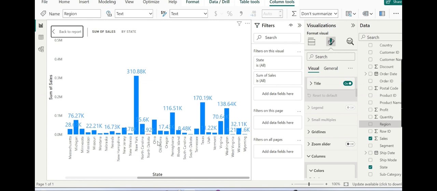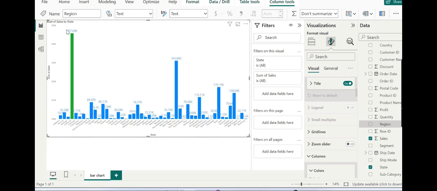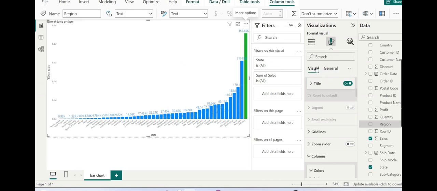So let's go back to the report by simply clicking on the button and then use the more options menu again in order to go back to sorting by sales. If we go back to the sort axis by sales, this is based on sorting upon sales rather than state.